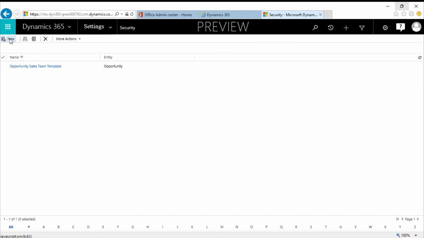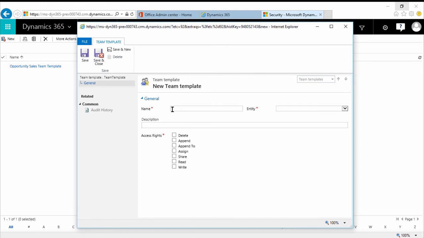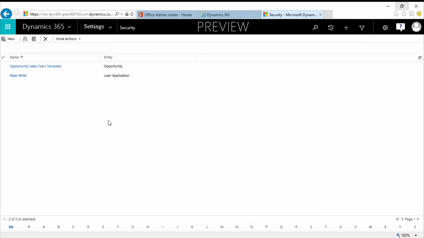I'm going to go ahead and click on New. I'm going to call this team, we'll just call this read write. Now I pick my entity, and because loan application has now been enabled for access teams, I'm going to go ahead and choose loan application. I'm going to define what specific permissions members of this group or team should have. They should have read and they should have write privileges to this record. So now if I go ahead and save and close this access team template,